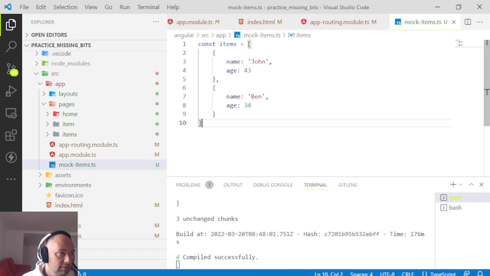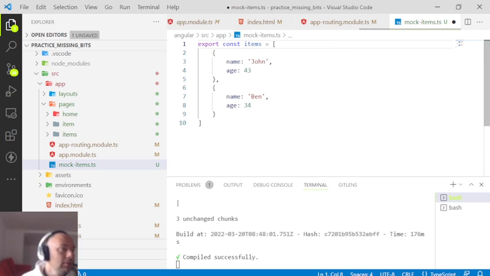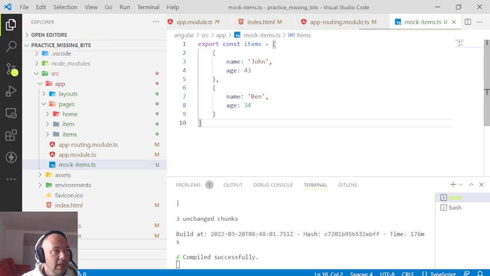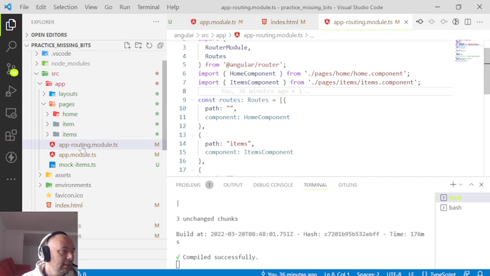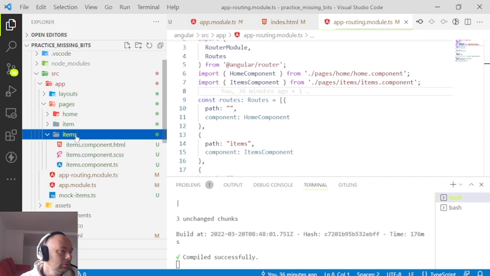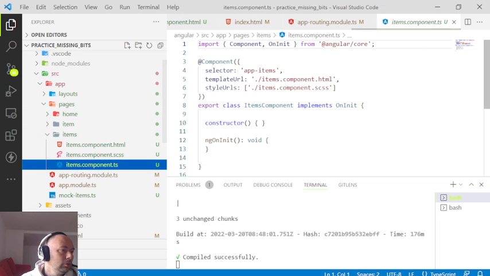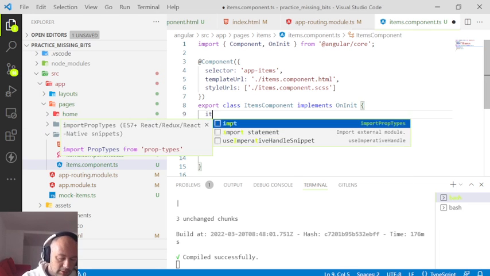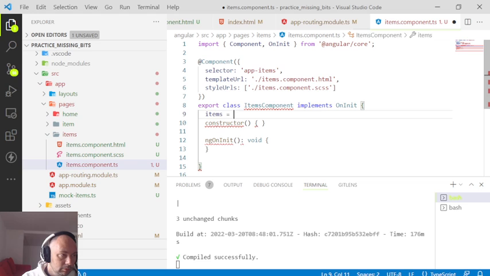So I have const items, but I want to export it. Export. And now I would like on the items module to items equals,